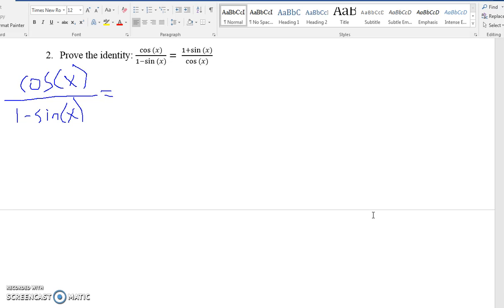The only one we haven't tried to work with yet in our notes is step 4, which says multiply by something equal to 1 that makes a Pythagorean identity in the numerator or the denominator. So what does that mean? That's a bunch of gobbledygook. This is what I mean by it. We're going to take this same fraction